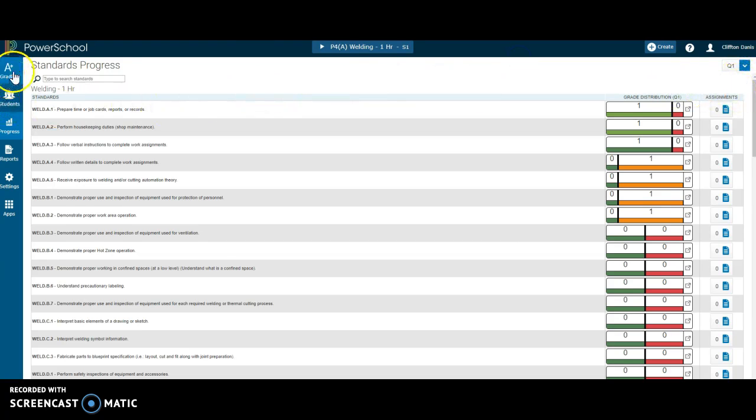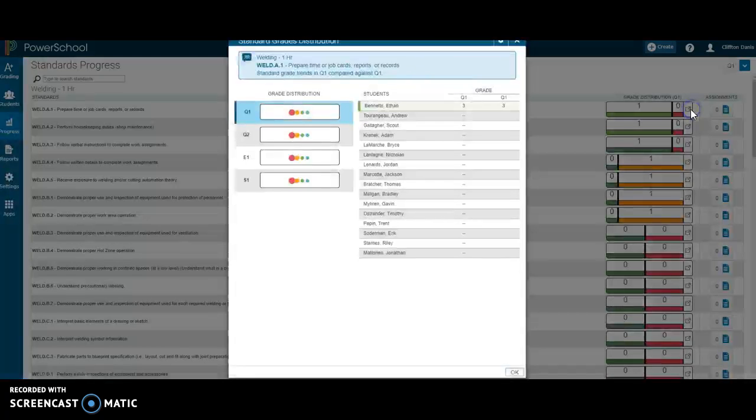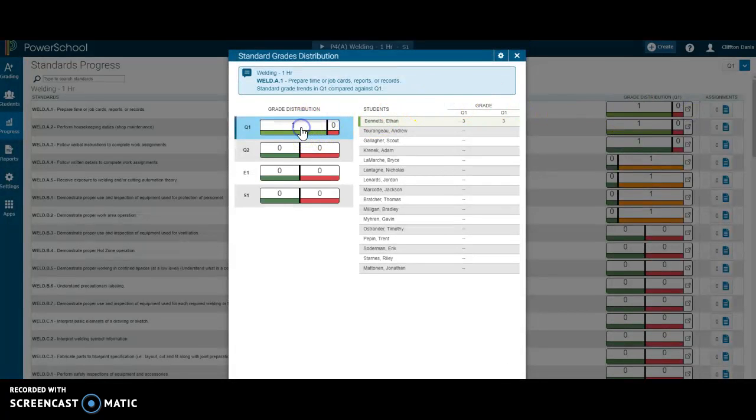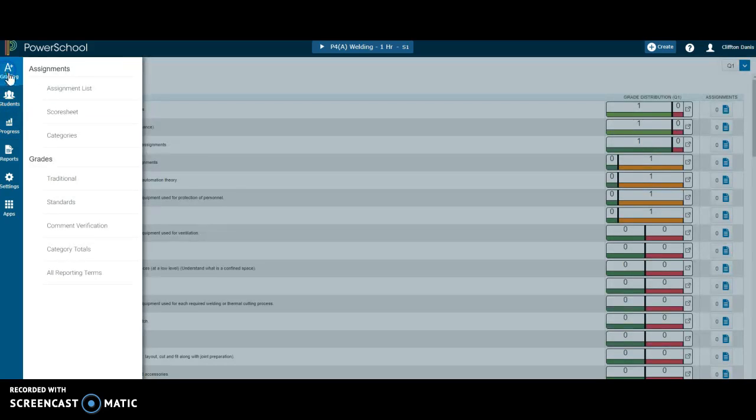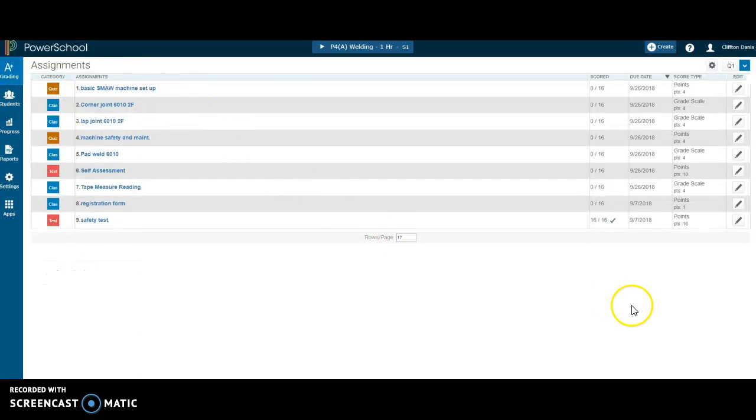There's much more to it. I think if you go around and look at different options within your grade book, you'll be able to see a lot of different reports. Some of you may choose to populate your standards with assignments. This is another way to do this. Personally, I wouldn't be doing this, but you may choose to. And I'll show you how to do this. If you wanted to create an assignment,